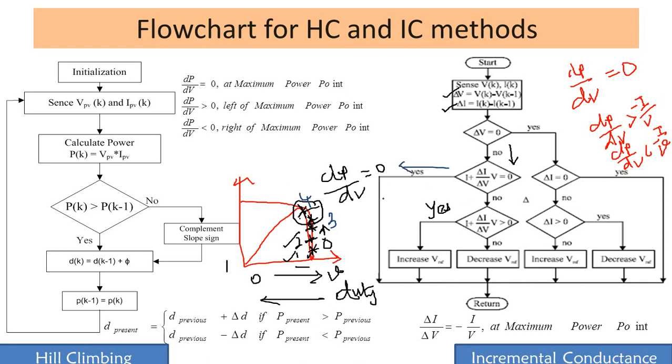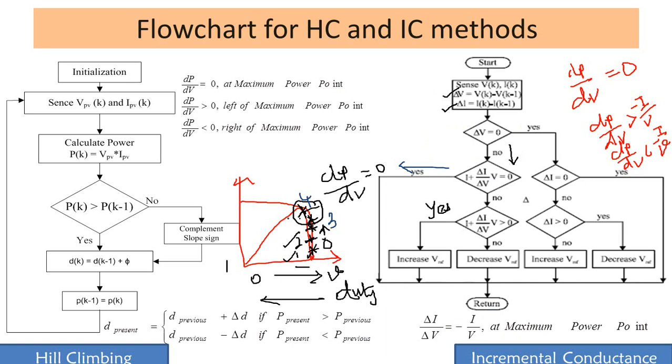Then return. Where is it returning? It comes back, you return and again you check here. Del V is equal to 0, yes. Now it will sense and it will come back. Now your del V becomes equal to 0, del I will also become equal to 0. So now the condition, again it will come back here from return. It will again come back here for the same duty cycle.